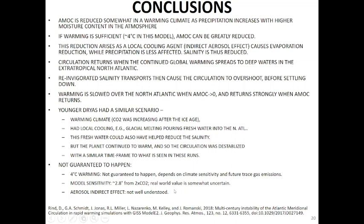Finally, in this case, the aerosol indirect effect played a very important role to initiate that cooling in the North Atlantic as the globe warmed. And it's an understatement to say that effect is not well understood, either in an abstract way or in a parameterization way in the model. The actual reference for this paper, in which there are many more details discussed, including what happened in the Southern